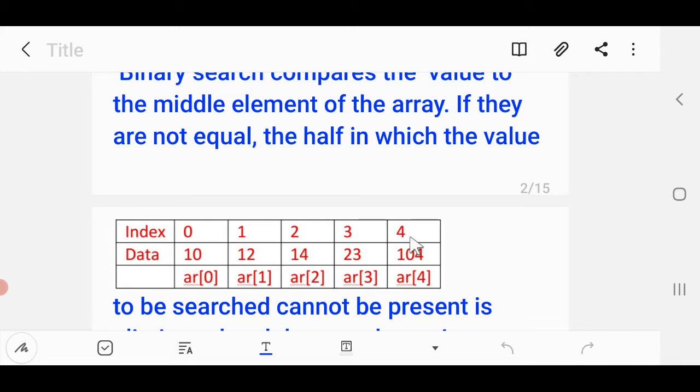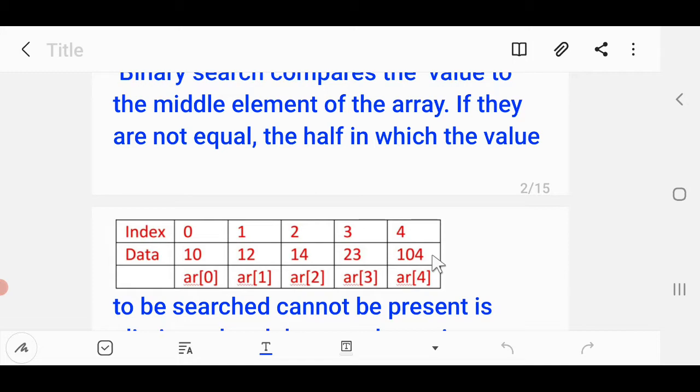So now this time the first will become what? 4, and last is already 4. So 4 plus 4 becomes 8. 8 divided by 2 is what? We get 4. So now the middle location's value, or mid value, is going to be 4. So this time mid is going to be equal to the element which we are looking for. That way the search is over.